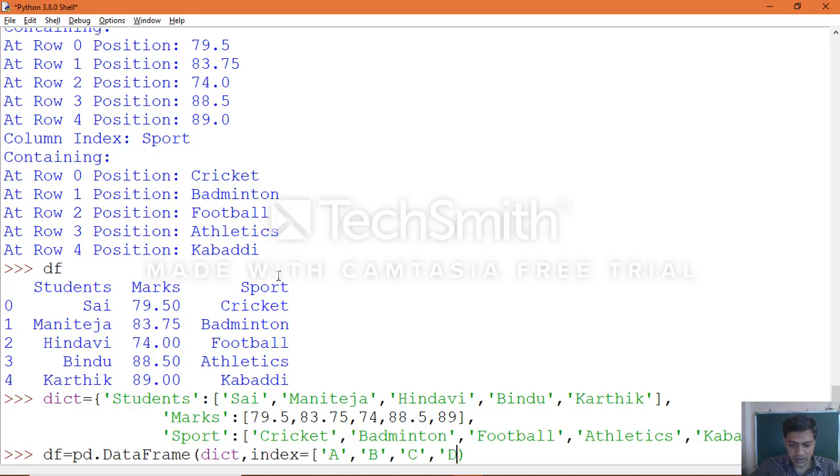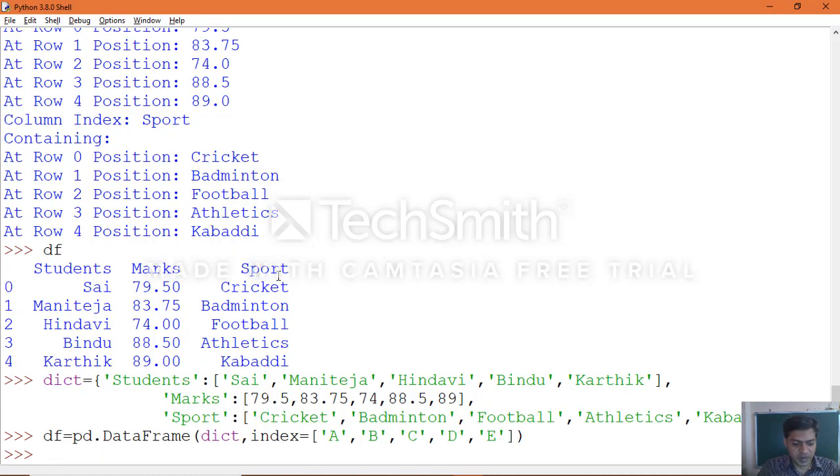Okay, so execute the statement and print the object.